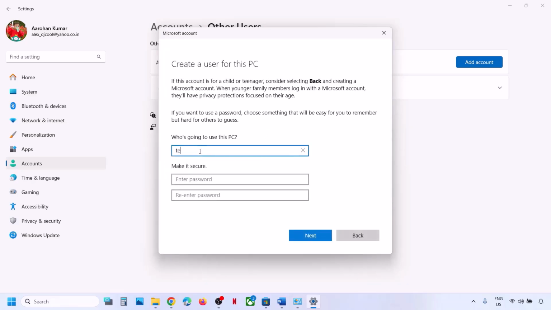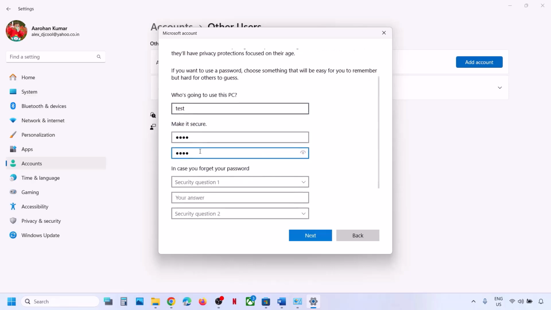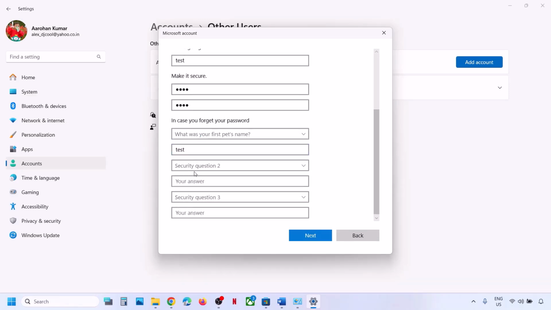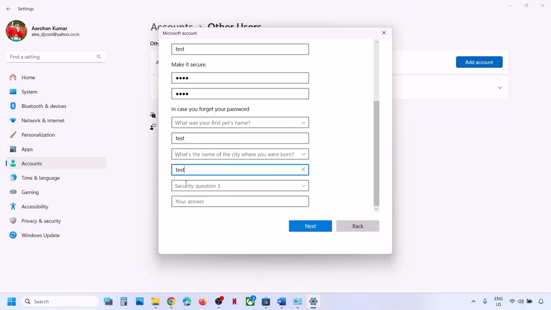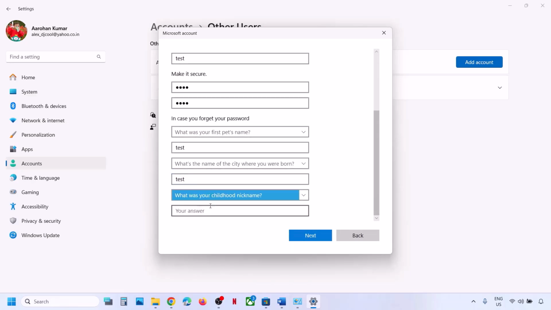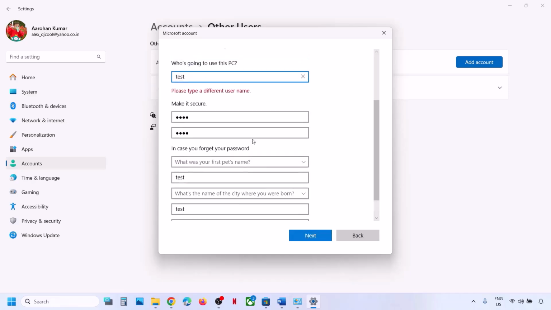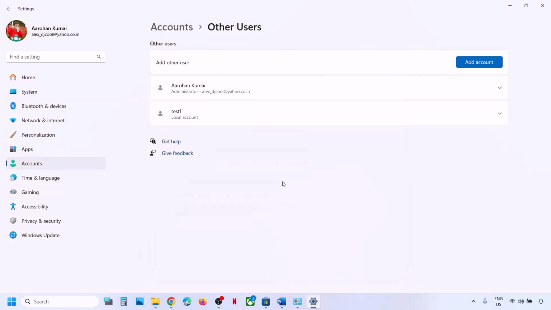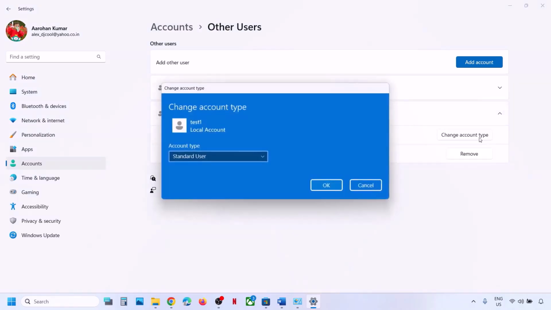You can name the PC whatever you want and create a password if you want, and then answer the security questions. This is just an example. Then click on next. Once the new account is created, click on it and then click on change account type,